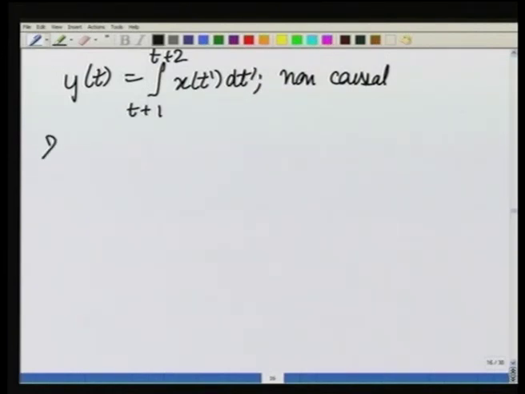Other examples, let us take a second causal system, y t equals x of t minus 1. This is a causal system because, for example, y at 0 would depend only on x at minus 1, which is the past. So, what happened at t equal to minus 1 is already known at t equal to 0. So, there is no problem. Y t can be found if all the past is known. However, a non-causal modification would simply be to write this is causal,